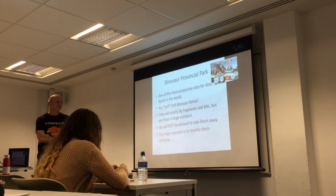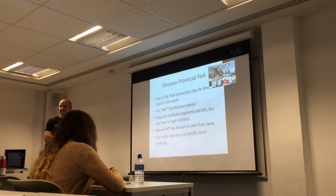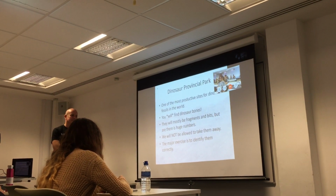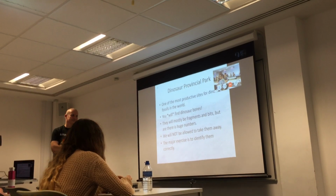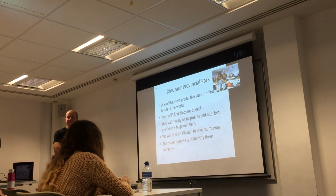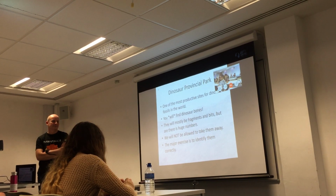It's impossible not to find stuff. In an area the size of the room you're in at the moment, you will find 3 or 4 bones. You can't not find stuff as long as you're looking at the ground. Now they will mostly be fragments and bits, but they are there in huge numbers. I don't want to give people the impression that we're going to walk around and stumble over skeletons constantly. That's not the case. But you will find huge numbers of teeth, bones, little bits, and then occasionally whole chunks